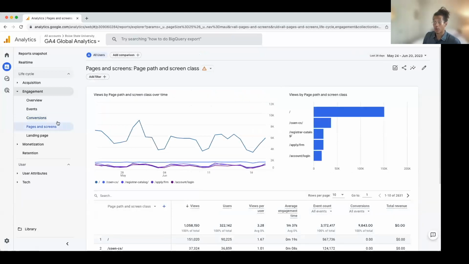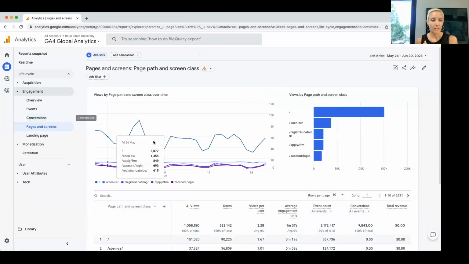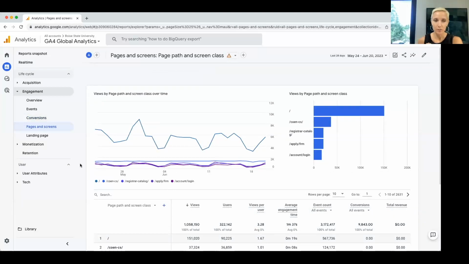One more thing, I was just going to point out that the conversions are helpful if you're doing any kind of Google Ads campaigns. You can pipe your GA4 conversions into your Google Ads platforms, and you're required to have that set up as a conversion in order to bring it over. So you can't bring over just random events. That's why it's important to have the conversions isolated away from all of the generic events.